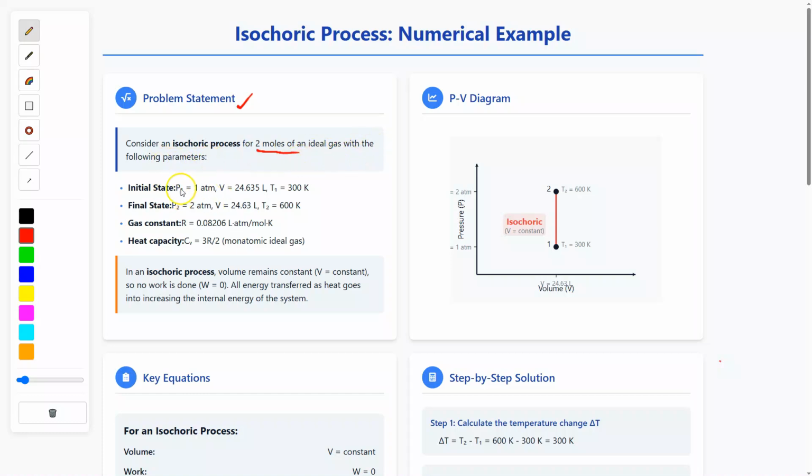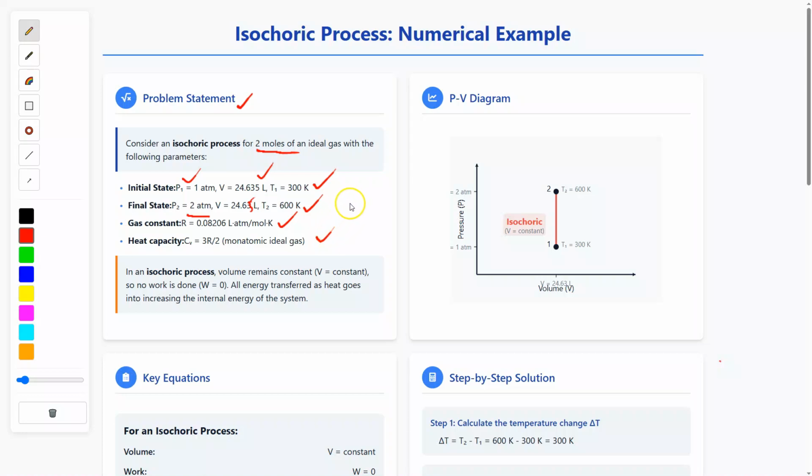So initial state P1 1 atm, V 24.635 liter and T1 300 Kelvin. Final state P2 is 2 atm, V is same 24.635 and T2 600 Kelvin. Gas constant R is equal to 0.08206 liter atm per mole Kelvin and heat capacity CV, that is 3R by 2, monoatomic ideal gas. Now here we have to calculate that Q and